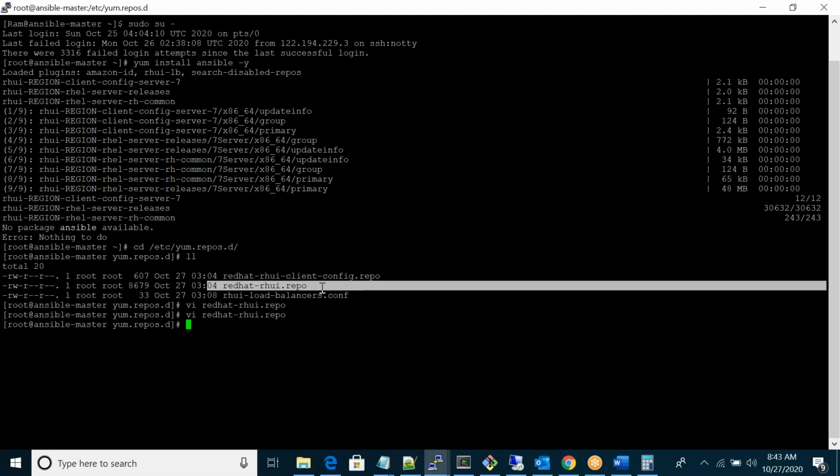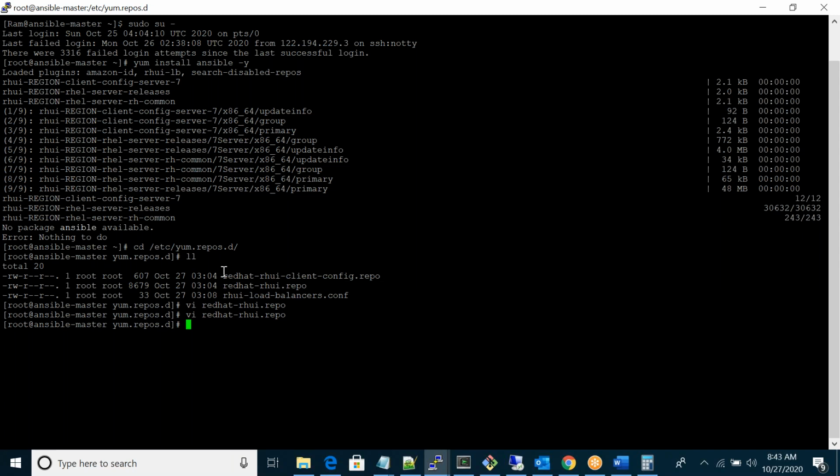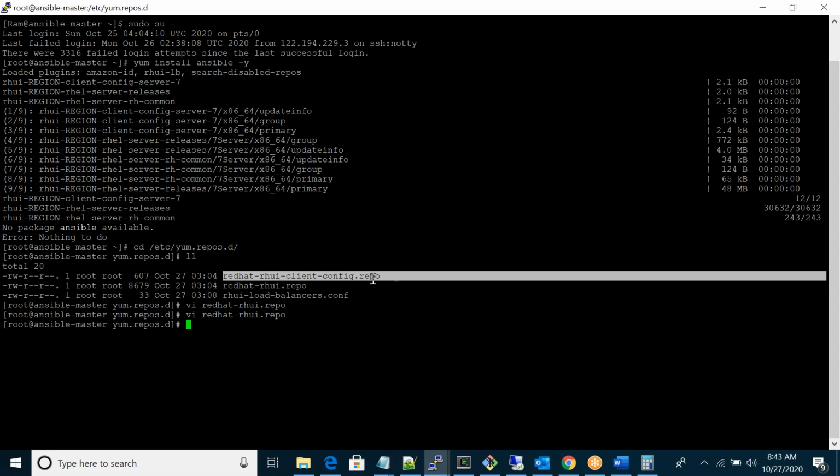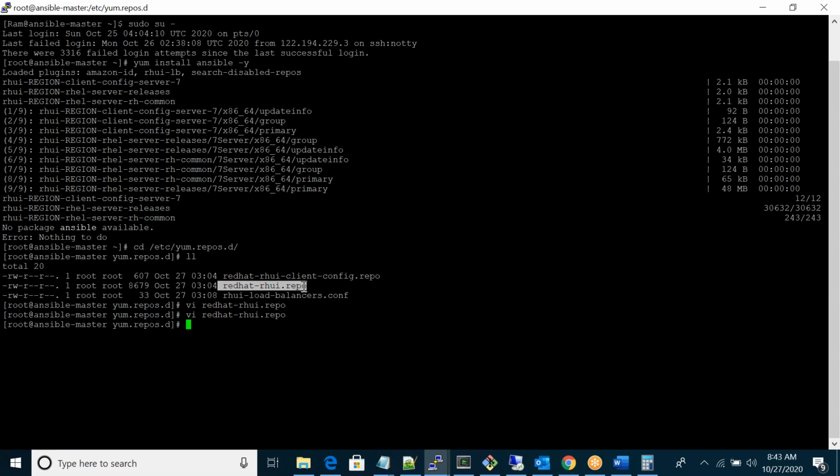If somebody asks you, if you log into the server, you can see the repository files. If you see here, it is not the actual repository, it is something like client configuration. You can easily identify it: if you see in a server, there will be a repo file like that under this directory.